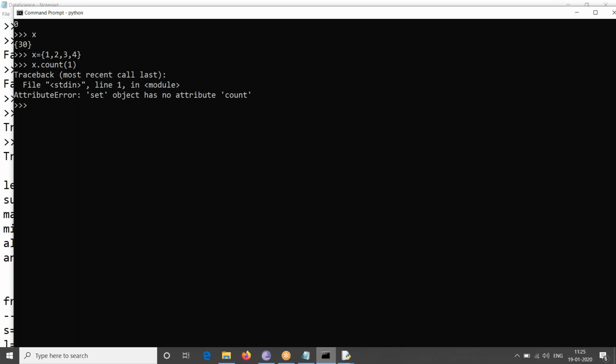Count is applicable for list, tuple, and bytes. I think you can try for bytes, byte array, and string also, but not for set because set is not indexed. So there is no point, and also it doesn't allow duplicates. Count means every element is a unique occurrence. Okay. Next,